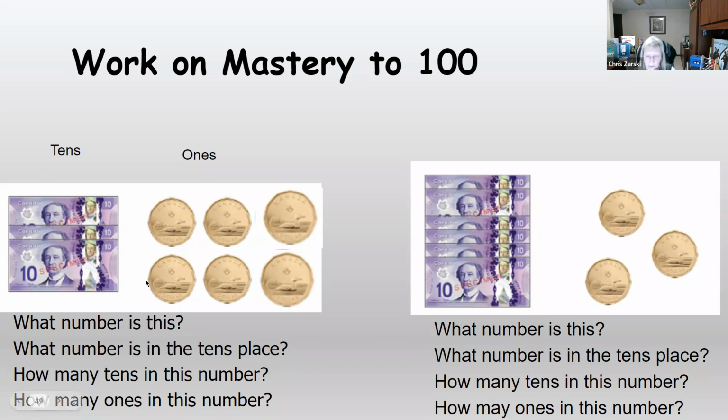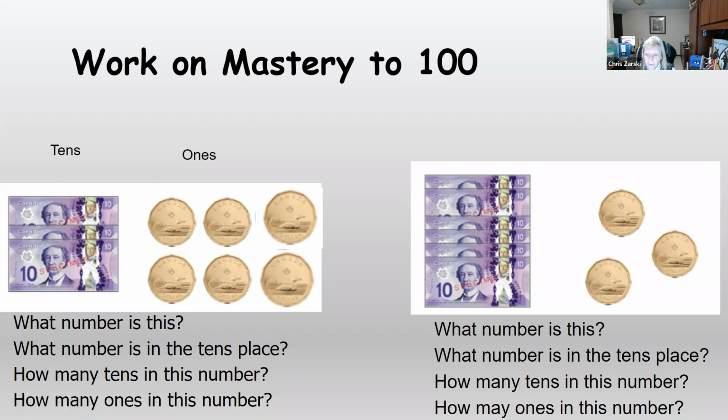So if I asked how much money do I have here, I would have $36. So I might ask the question, what number is it? 36. I could write it down, 36. What number is in the tens place? When we have those columns, pretty easy. But right now I see the tens, I can see them. And we wrote 36. 3 is in the tens place. How many tens in this number? That is a different question. I see 3 tens. Now, they both turn out to be 3, and for a 2-digit number, those will always be the same. So once we move to a 3-digit number, mastering those hundreds is really important.